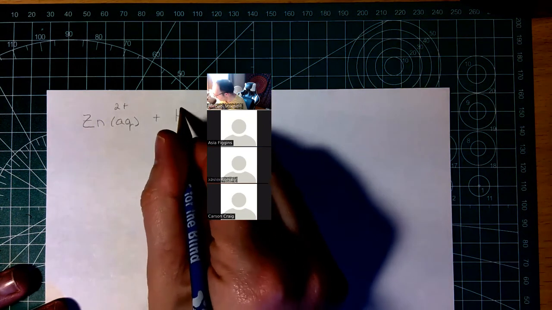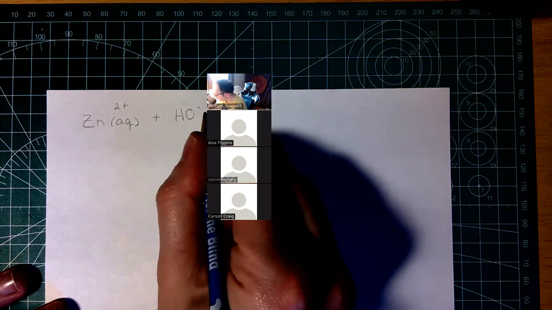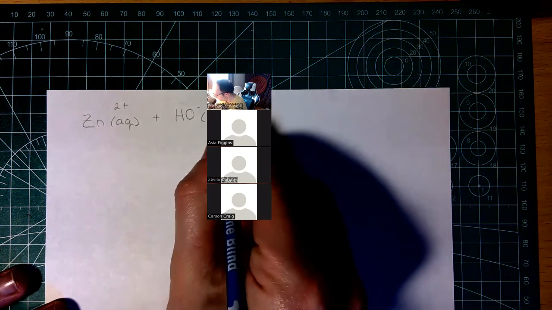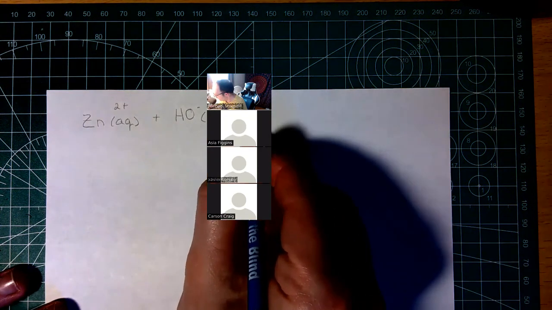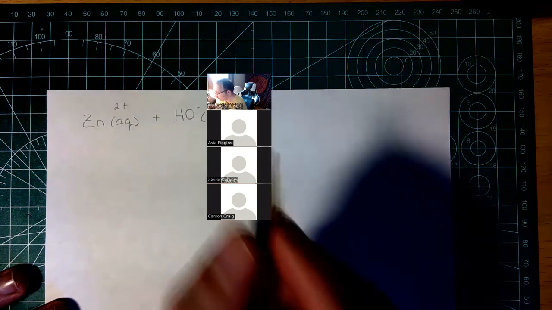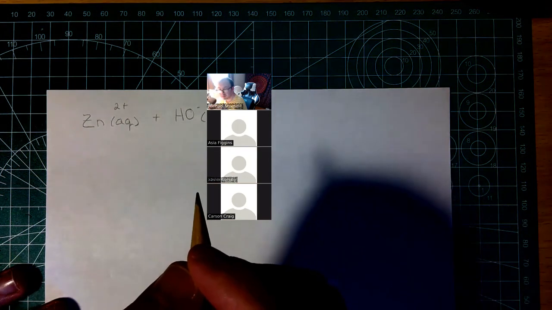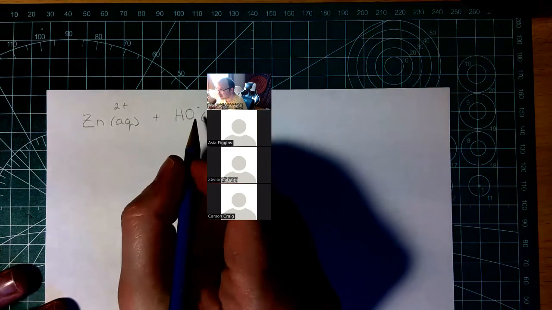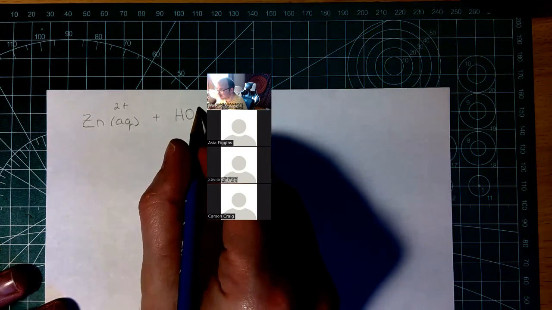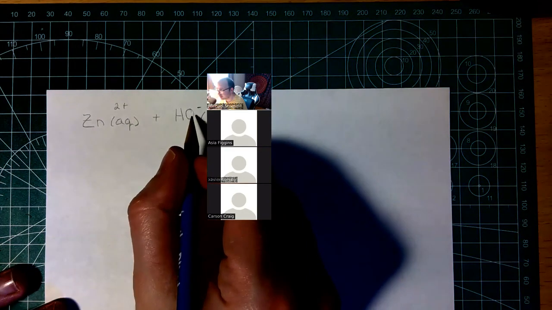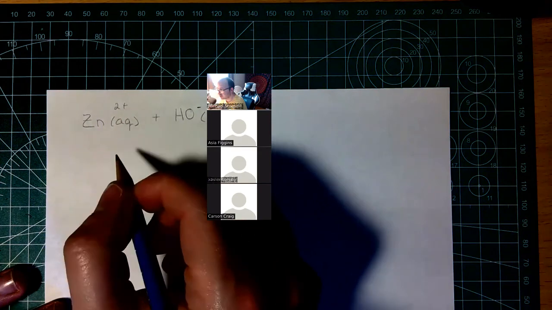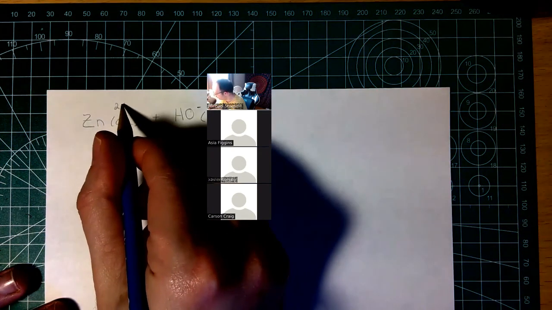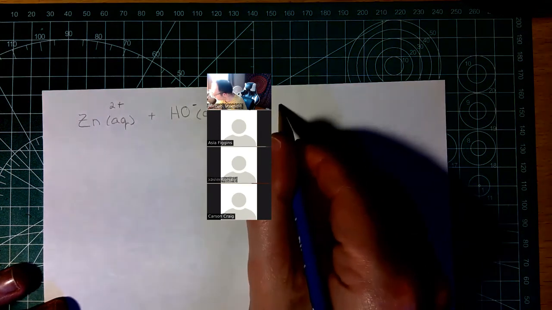And then when we mix that with hydroxide and look at our solubility rules, we can see that hydroxide is going to typically form some sort of solid, right? So we're going to need 2 hydroxides with this negative charge to counterbalance the +2 charge on the zinc. And that's going to form